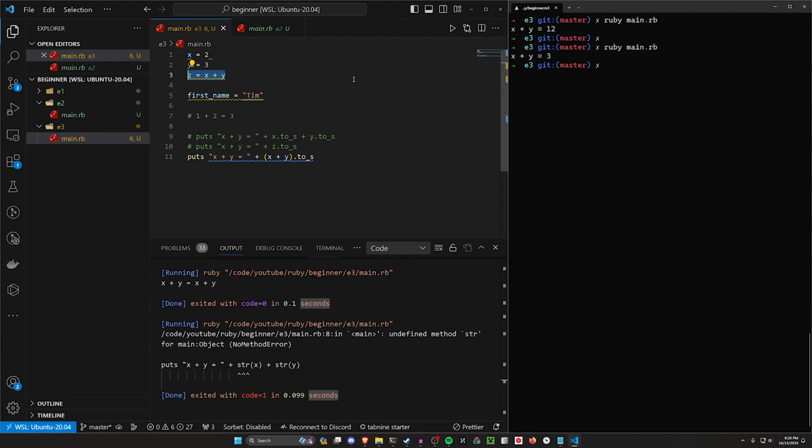And we don't actually need the z here, so let's just comment this out. And let's also comment out this first name because it's bothering me. So now let's go ahead and try to run this again. And now we get x plus y equals, which again is coming from what's inside of the quotes,